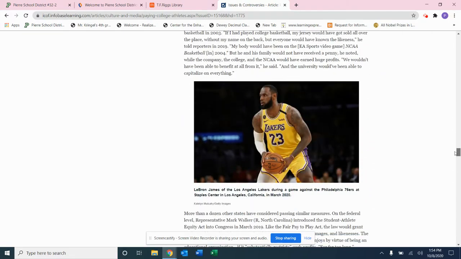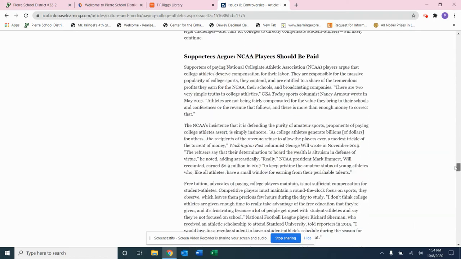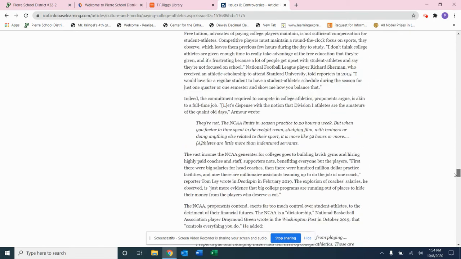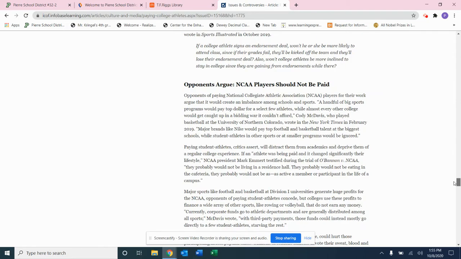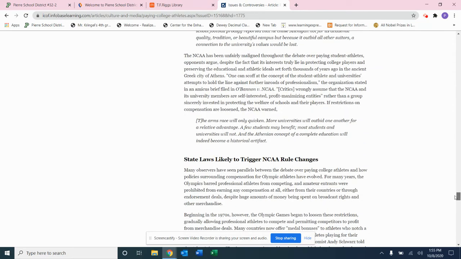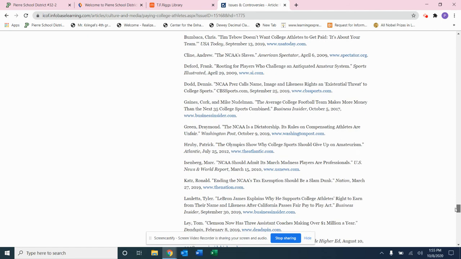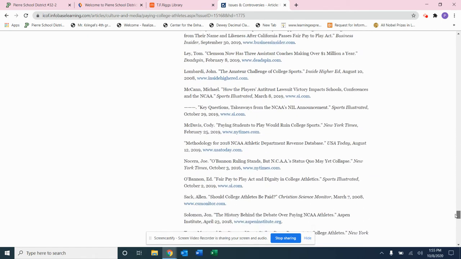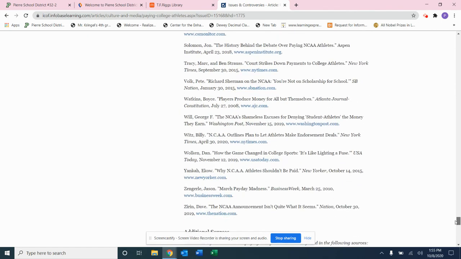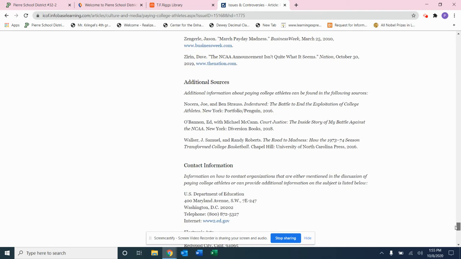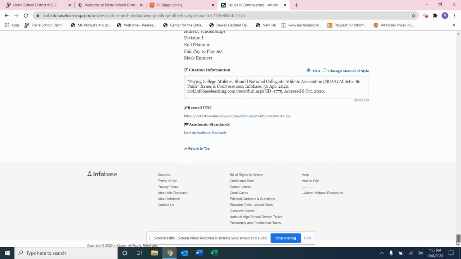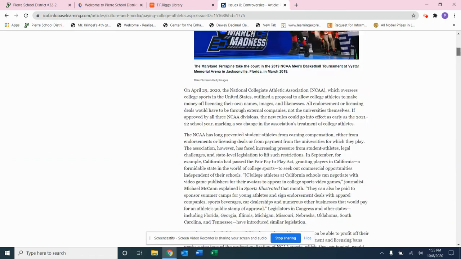Okay, and then when we get down here, we get into supporters argue, and there's more detail here on their argument, and opponents argue here. And then the bibliography that they used to create this article, you can go and do your original searching yourself if you want to. And then at the bottom here, here's your citation for your article. And it's already in MLA format, which is what we use. But again, you would need to check with your English teacher,